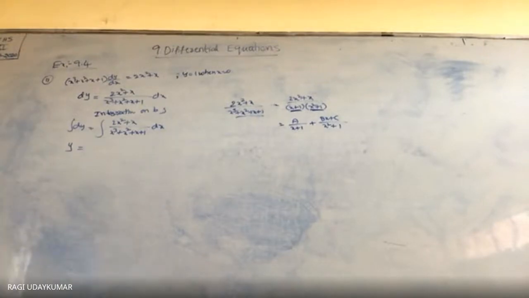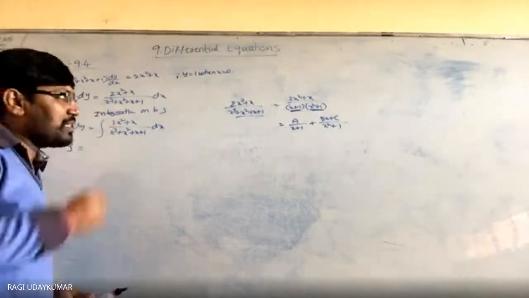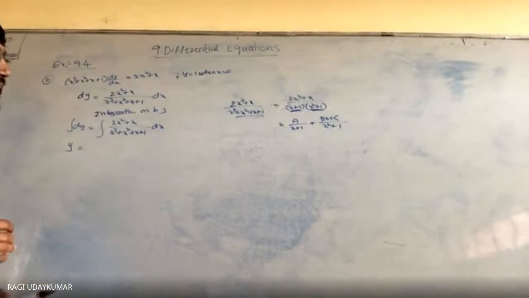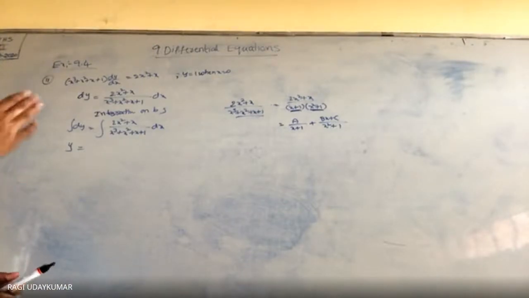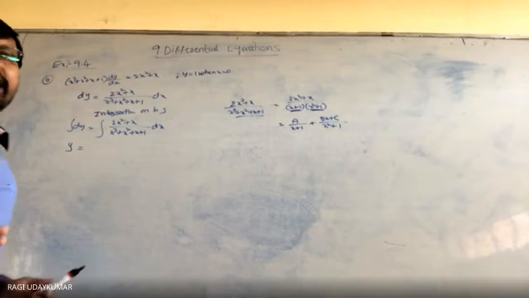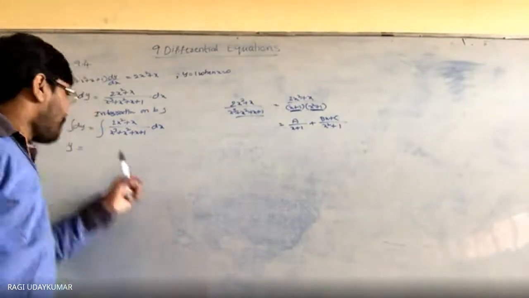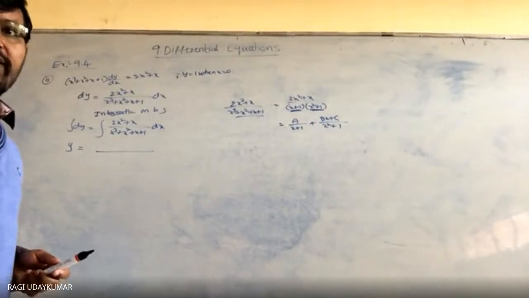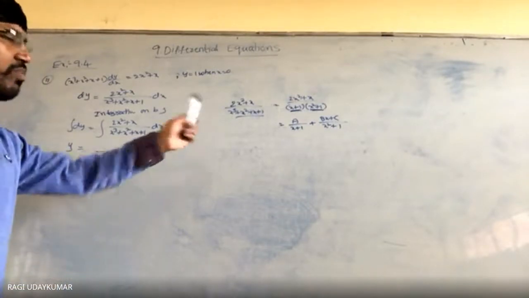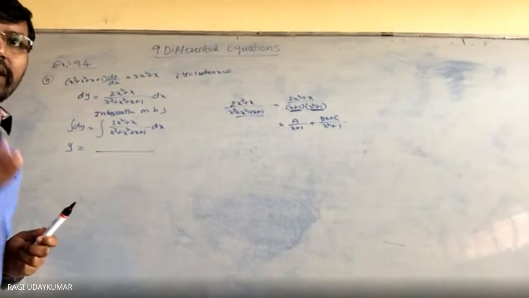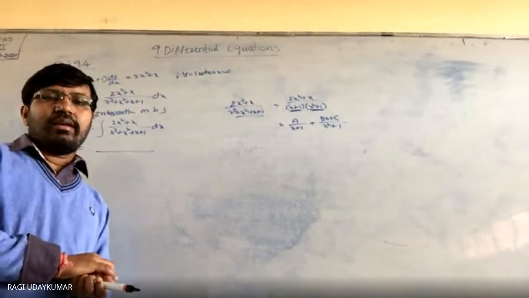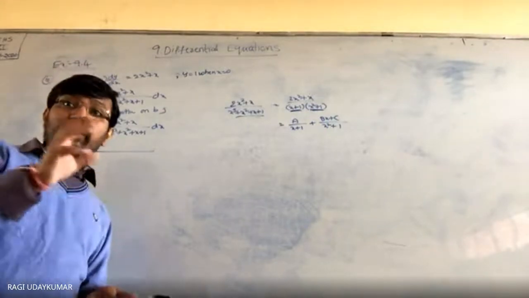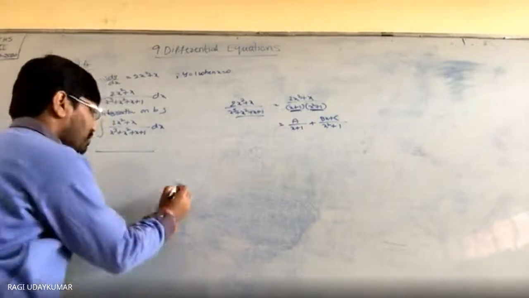Find the solution at last. Can you find out? Find out the values of A, B, C by comparing in partial fractions. The problem is lengthy but the model is the same. After that, y is equals to one solution you are going to get in terms of logarithms. Usually whenever you apply partial fractions, logarithm will compulsorily be included. Either logarithm will be there, sin inverse will be there, or if not, tan inverse will be there. And after getting the solution, constant c will come in the last, plus c.